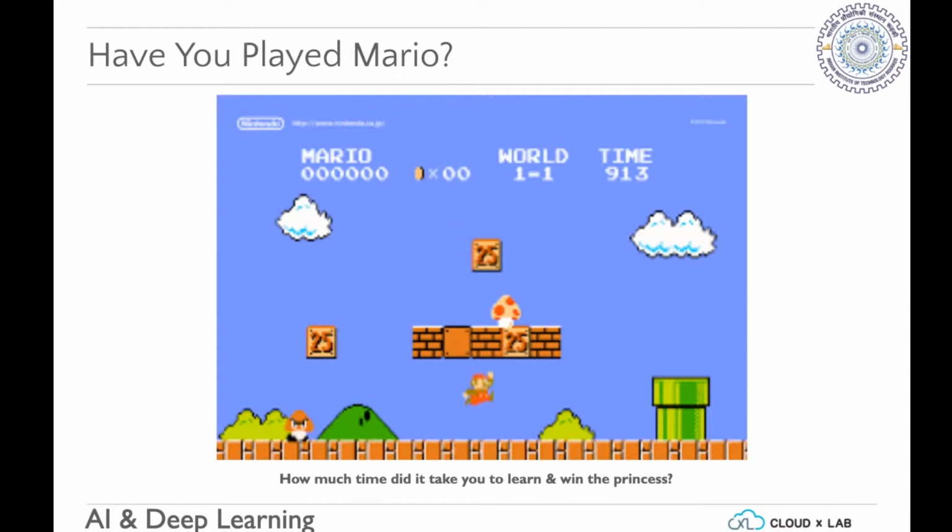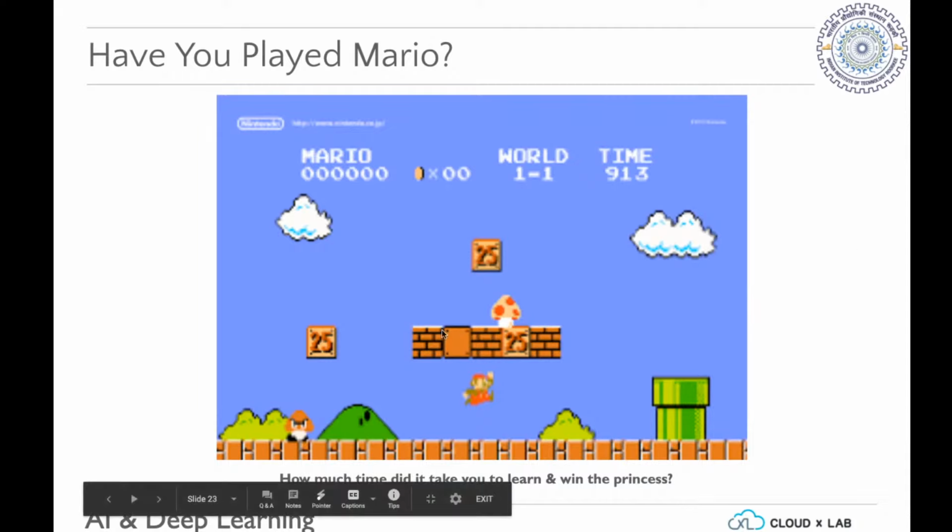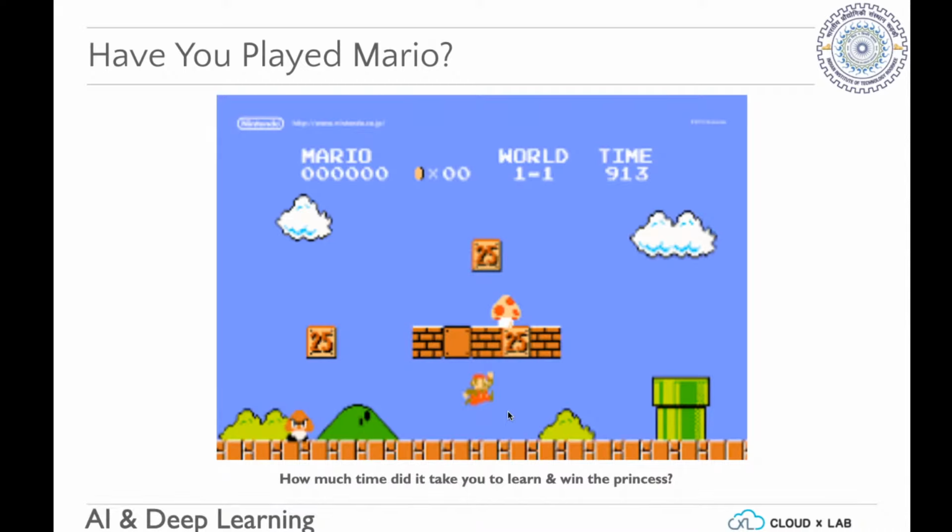Okay, the fun game is we start with the game. The game is Mario. I presume a lot of you have played Mario and have seen it before. Mario was a game made in the 1990s by Nintendo. It had an Italian plumber whose name was Mario, who was stuck in Mushroom Kingdom.